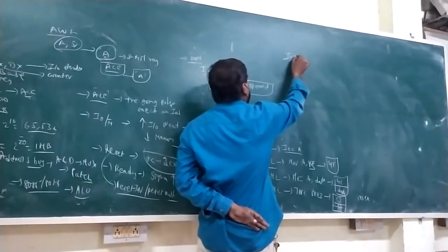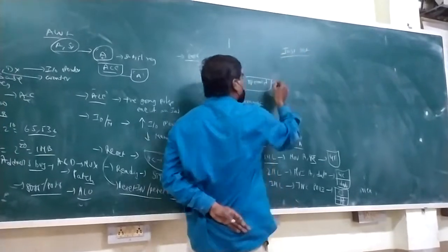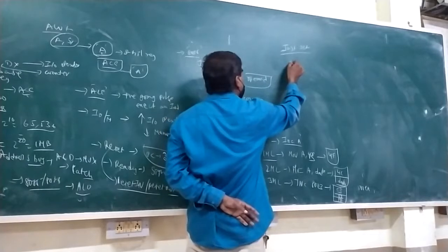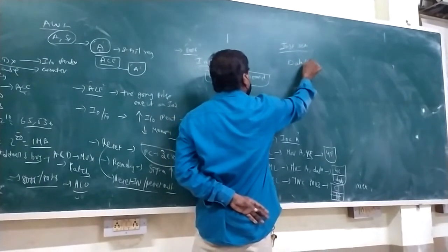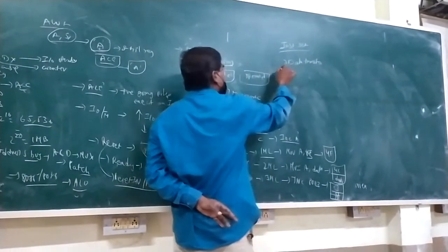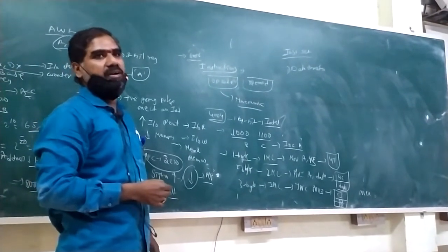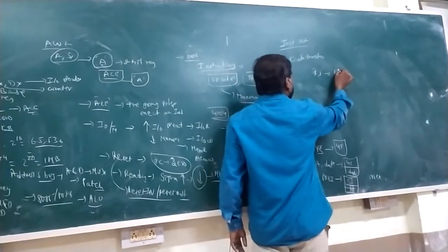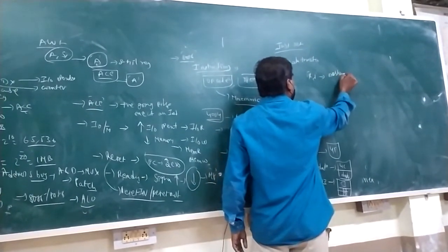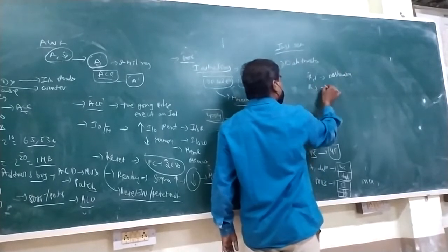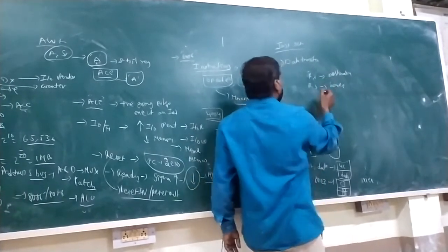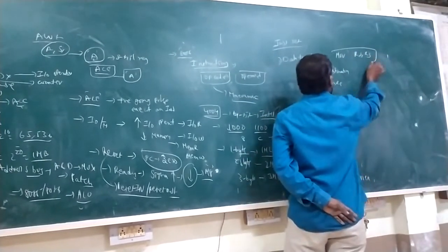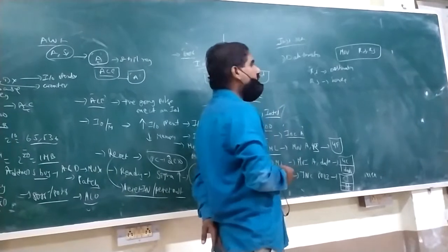Next one. What is meant by an instruction set? We are having 8086, with so many instructions. Out of these, we are discussing data transfer instructions. Data transfer means it simply transfers the data from source to destination. RD means destination register, whereas RS means source register. By writing the command MOV RD comma RS, it simply transfers the data from source to destination.